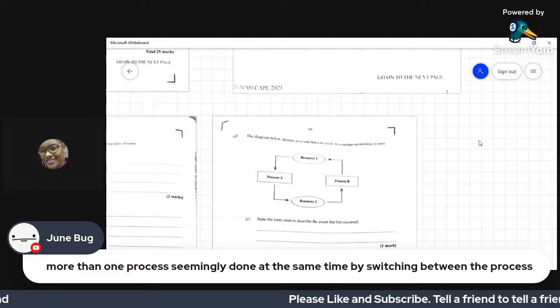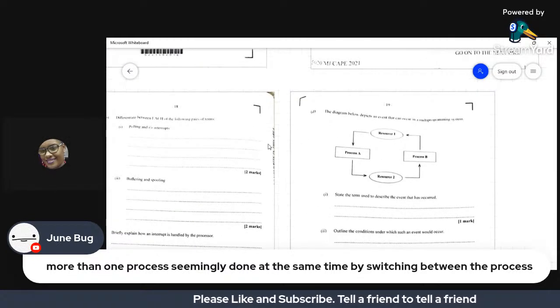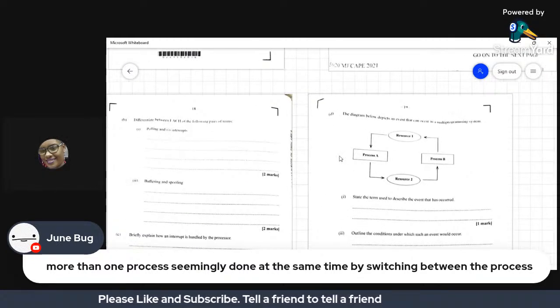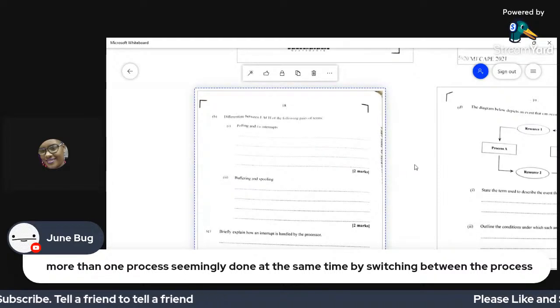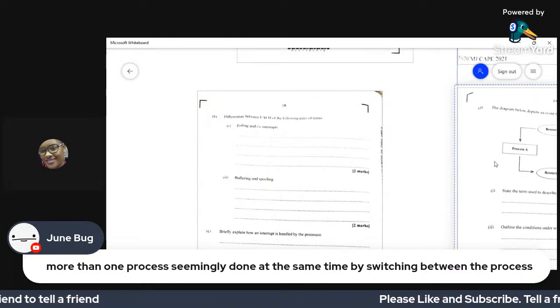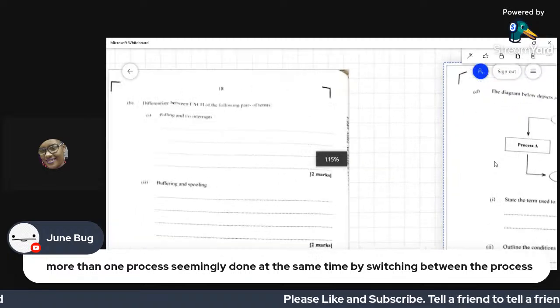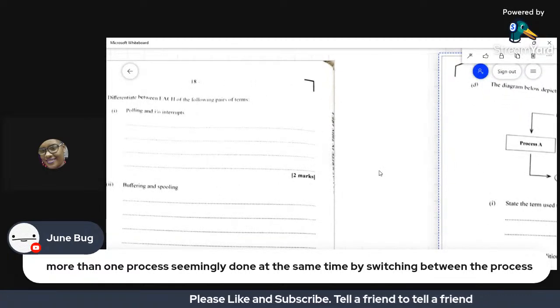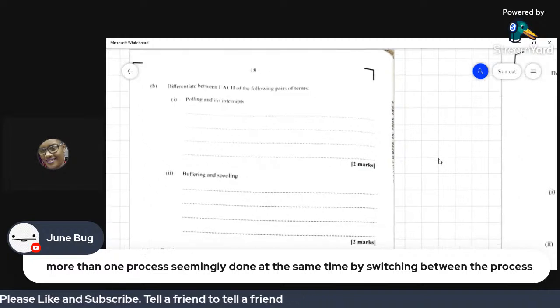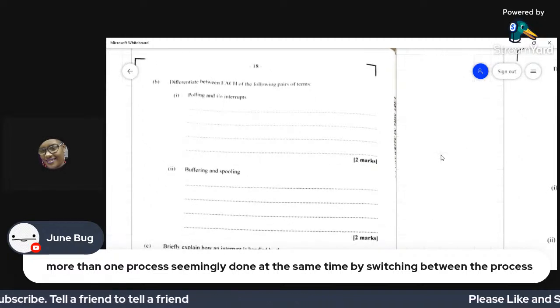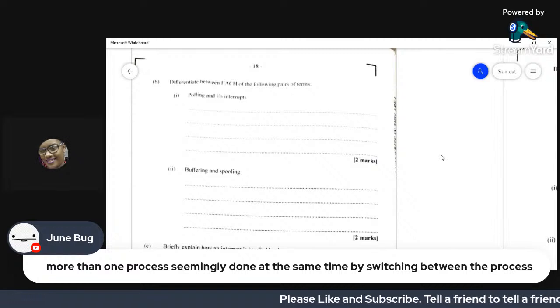Let us look at the rest of question 5. All right. So differentiate between each of the following pair of terms: polling and input output interrupts.